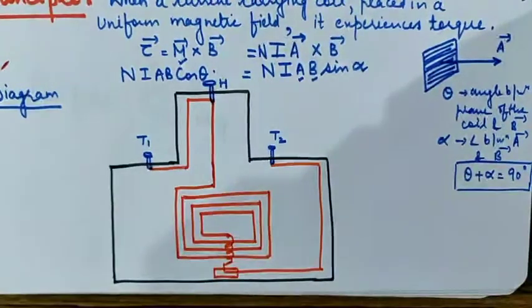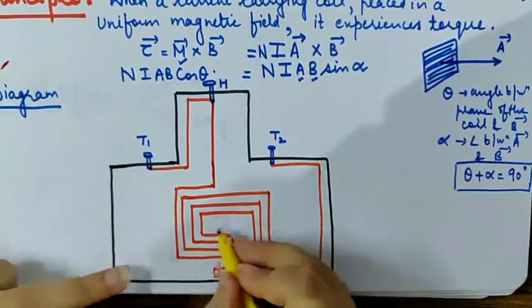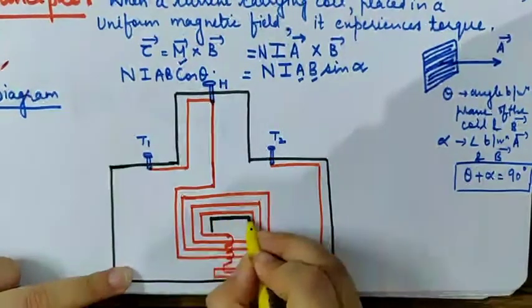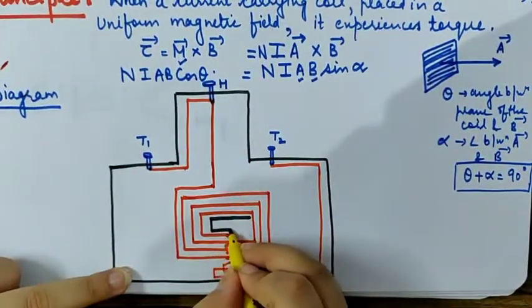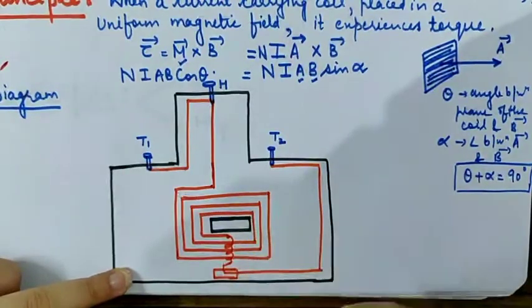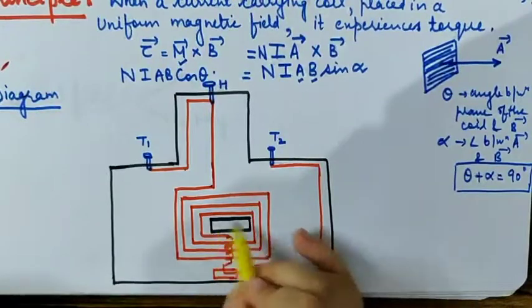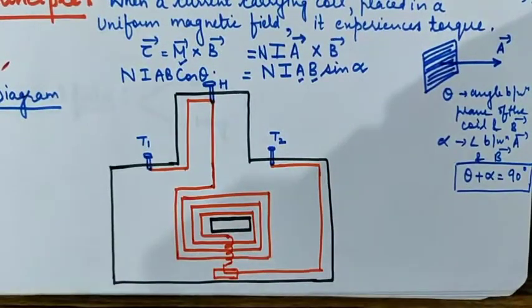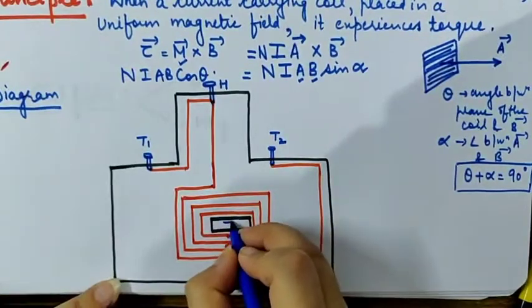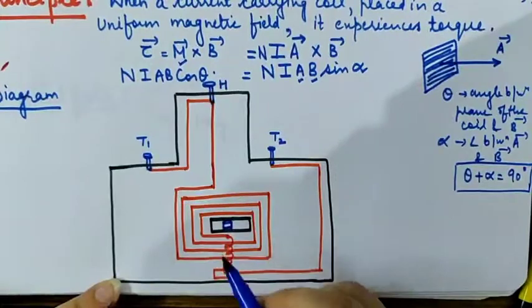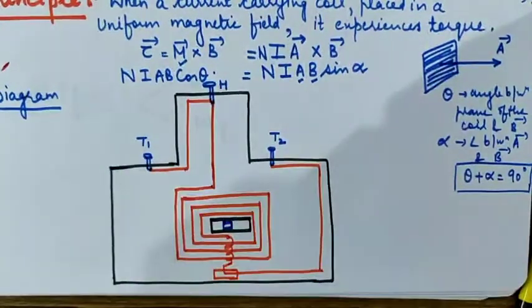number 2. Now in this, because we are folding the wire on something, there should be, you can say, support to the wire. So this is kind of a support to the wire. I have drawn it with the black color. And then in between this there is a cylinder which is the soft iron core. So this is the diagram.